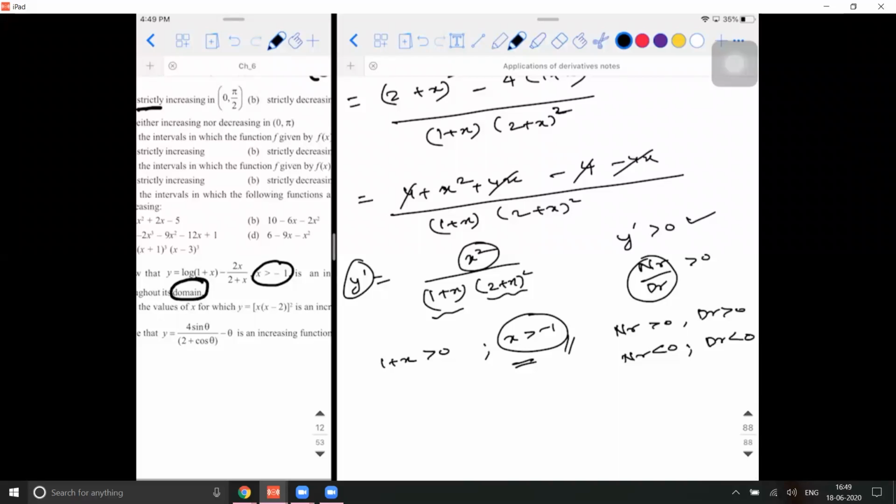So I thought of going to the next exercise, but couldn't. So you can try it till this exercise. There are 2 more exercises left. One is approximation, and the second is maximum minimum. With that, this chapter will be over. Maximum minimum is very important because you will definitely get a 6-mark question from that.